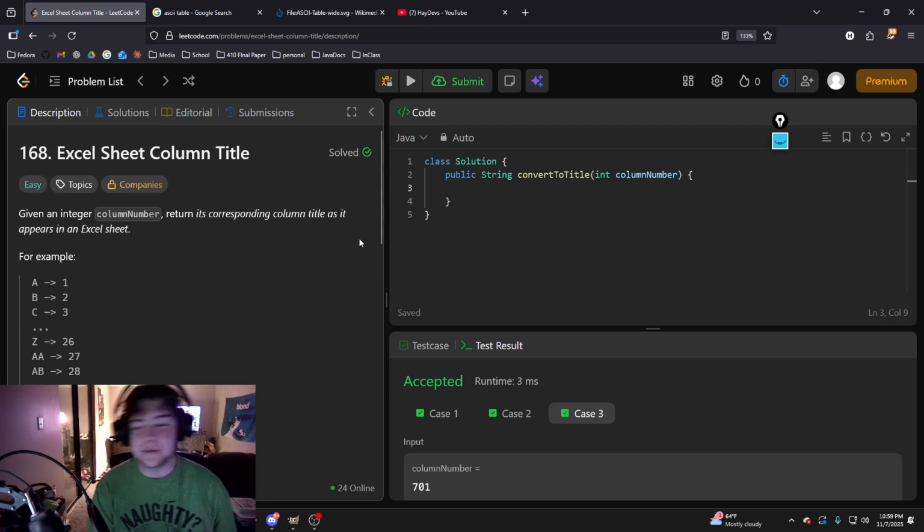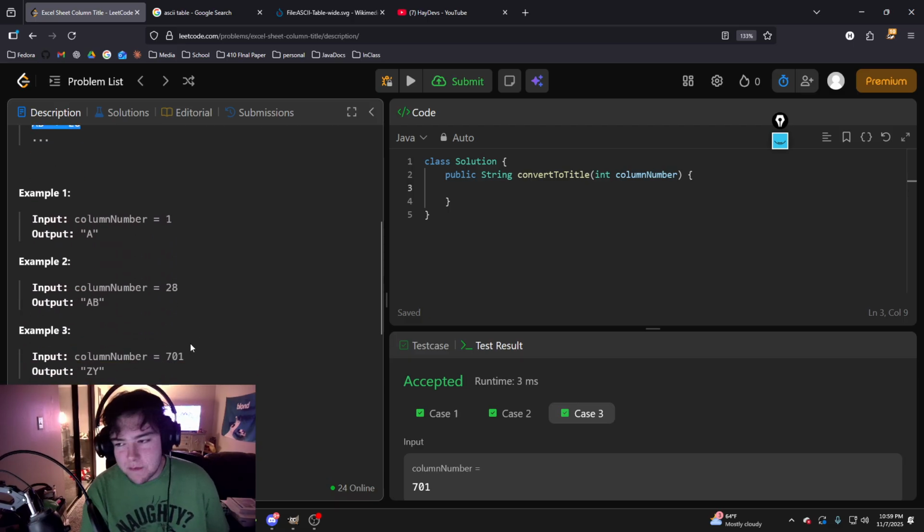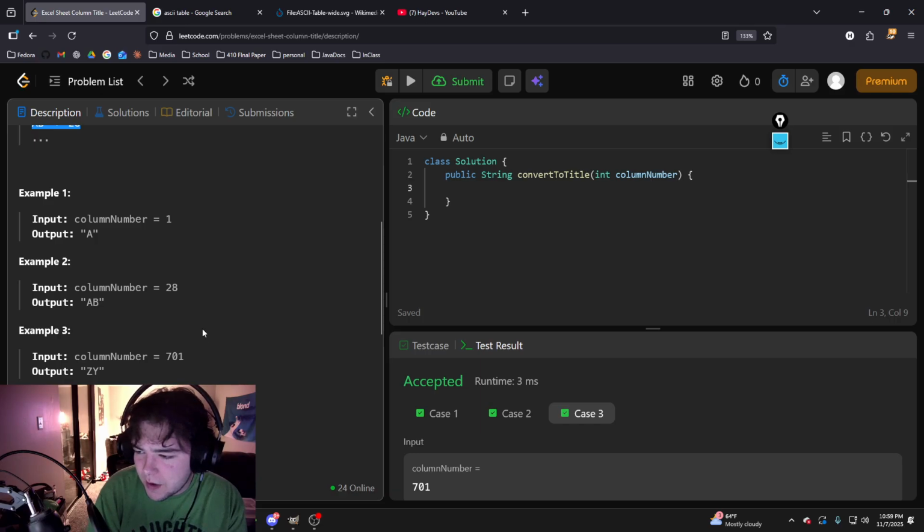It's another day, another LeetCode problem. We're doing problem 168, Excel Sheet Column Title. Given an integer column number, return its corresponding column title as it appears in the Excel sheet. So for numbers 1 through 26, we return A through Z, and then for 27, 28, we would do A and then the corresponding value after that. So it was kind of apparent to me that they're wanting us to count in base